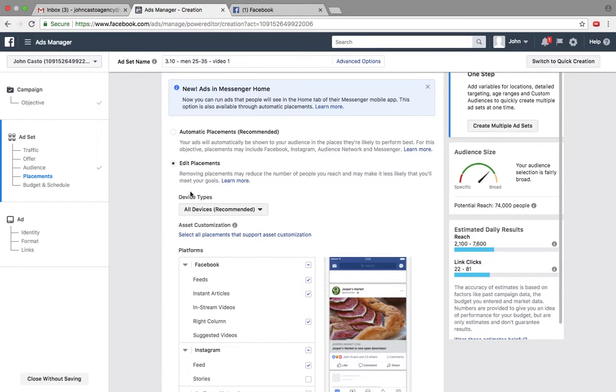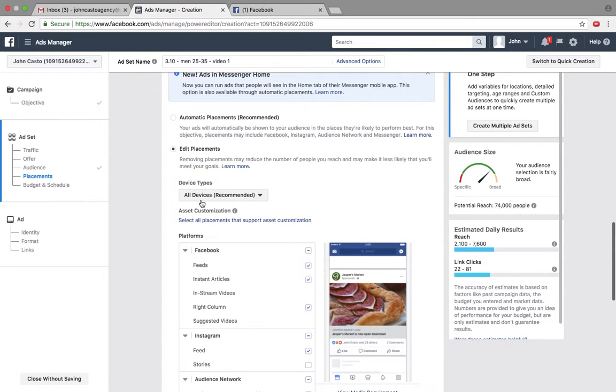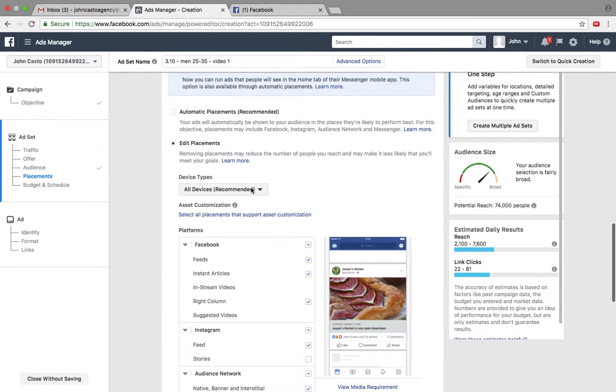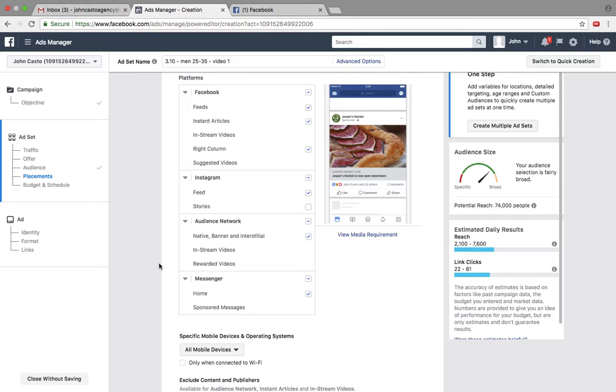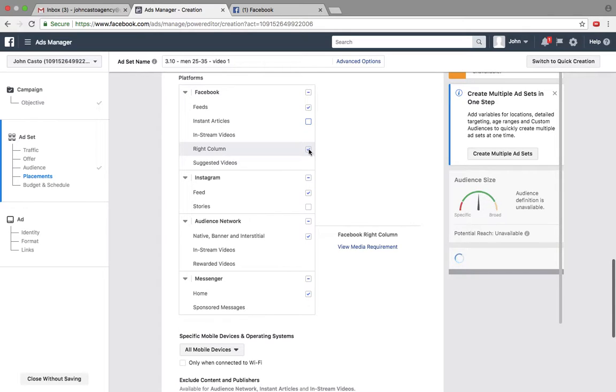So what I would do, more often than not, you can do desktop and mobile. I'll show you where that option is. But typically I just do mobile. We'll come back and adjust that in a little bit. But here's the only ones that I would recommend for the time being when you're watching this video to focus on. So uncheck instant articles, uncheck right column,